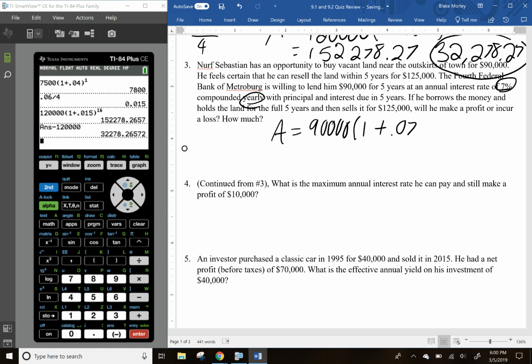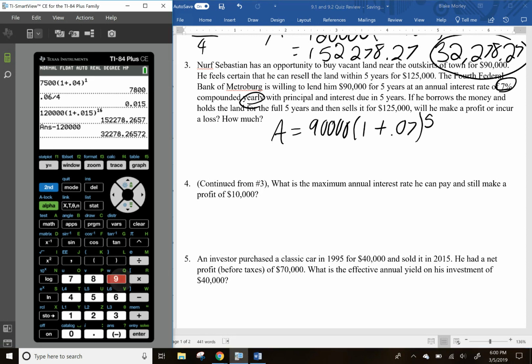So just plain old 0.07. And now N, if it's compounded yearly, it's once a year for 5 years. So it's just going to be to the 5th power. So let's calculate this. We have $90,000 times the parentheses, 1 plus 0.07, to the 5th power. So that comes out to be